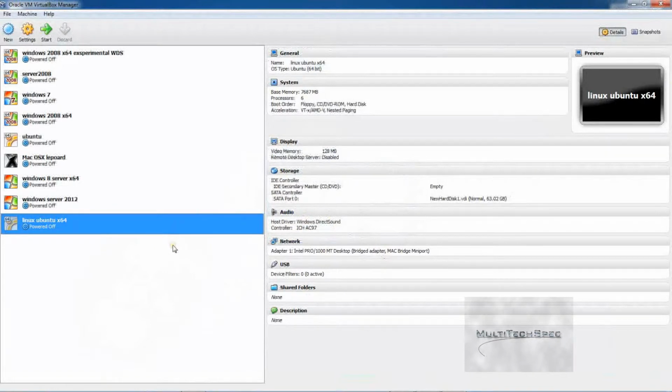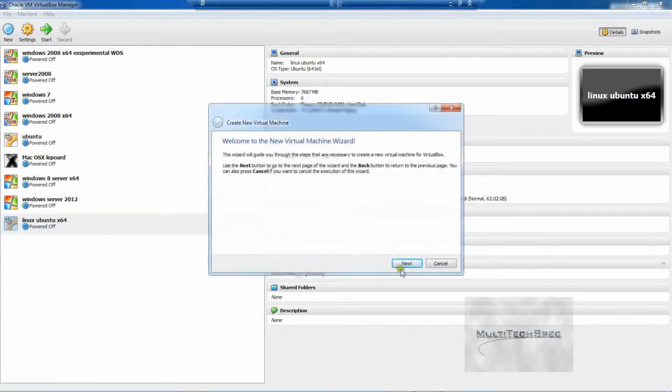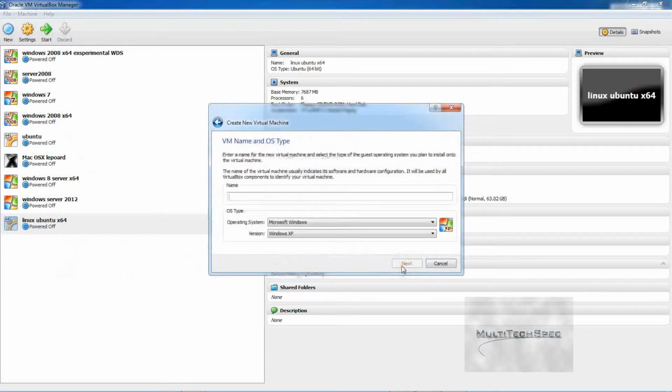Okay, in Virtualbox, right, once loaded, to load a new operating system, click on New, then this window will load, click Next, type a name for it. Okay, so it could be, for example, Windows, let's say